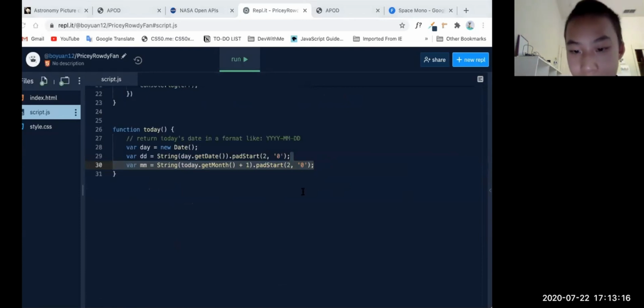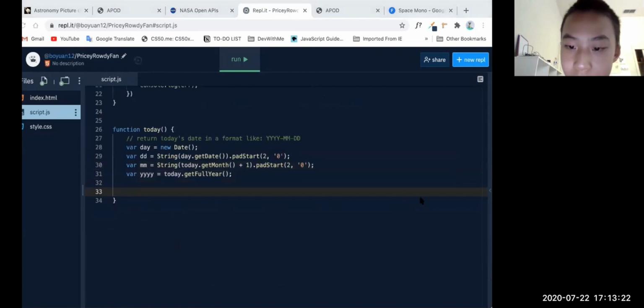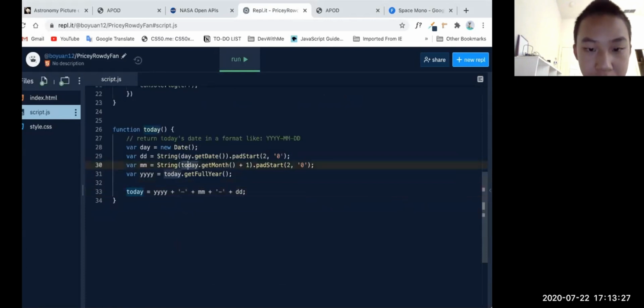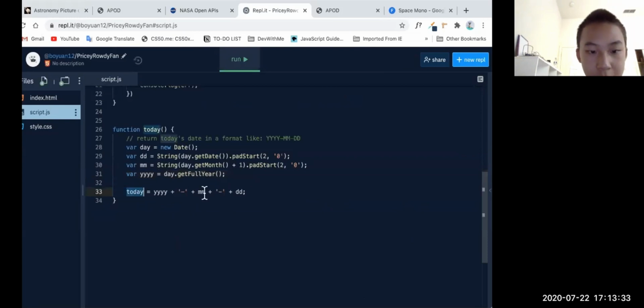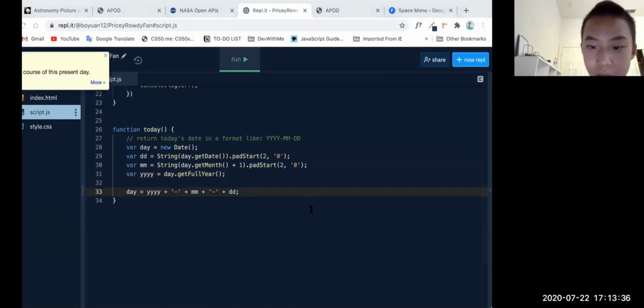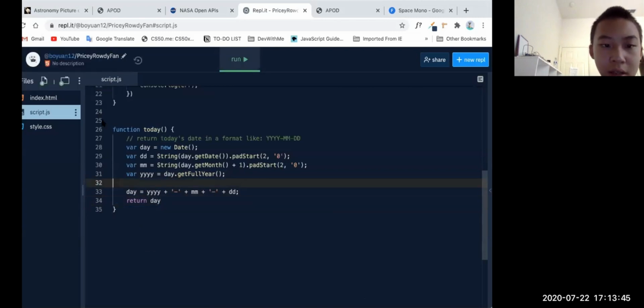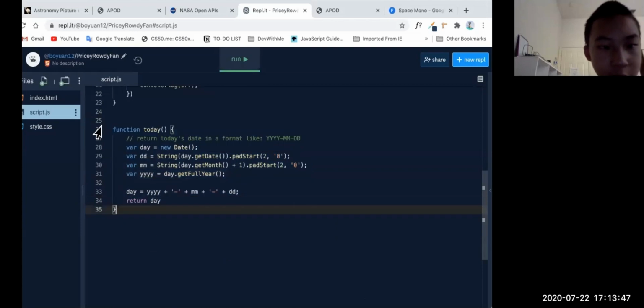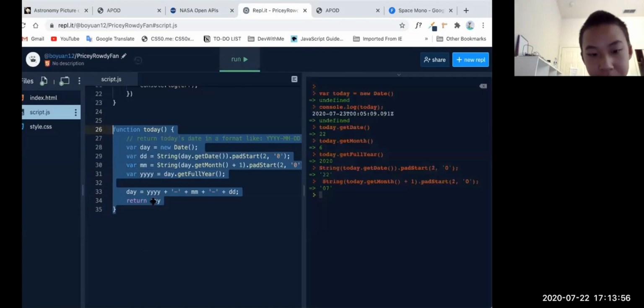And then here we can say for year, let's get full year. And then now we could say day. So let's go ahead and remove this. Day. And then we could return today. Should return today. So we're going to return in this format. If you go ahead and copy this into the JavaScript console, this is a fast way to debug your program for these tiny things. So if I go ahead and drag it here, paste it,